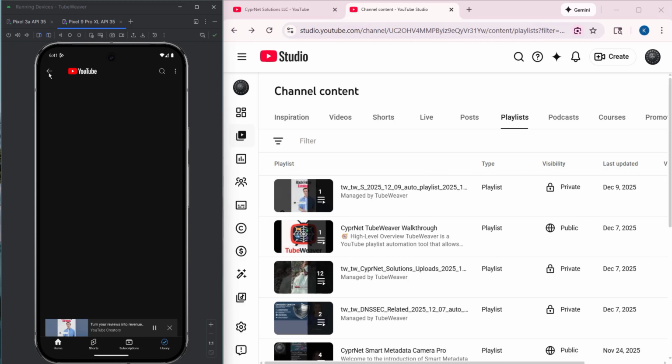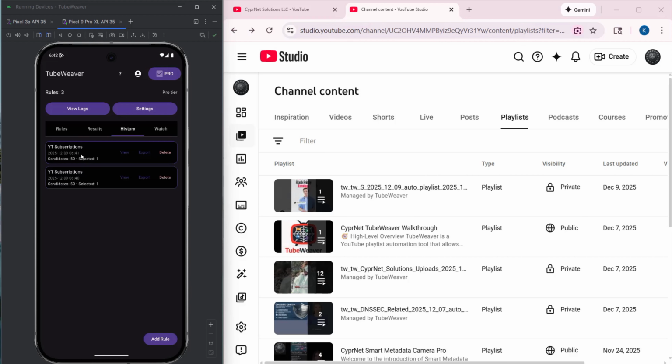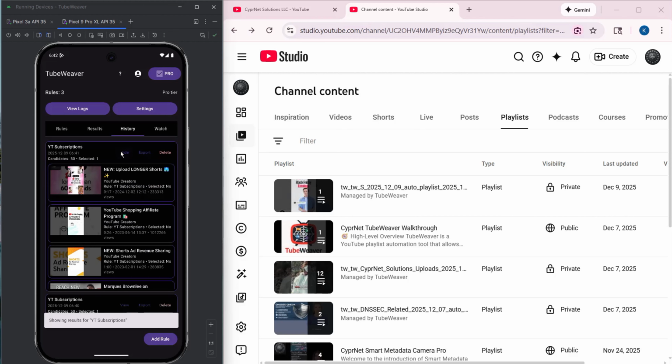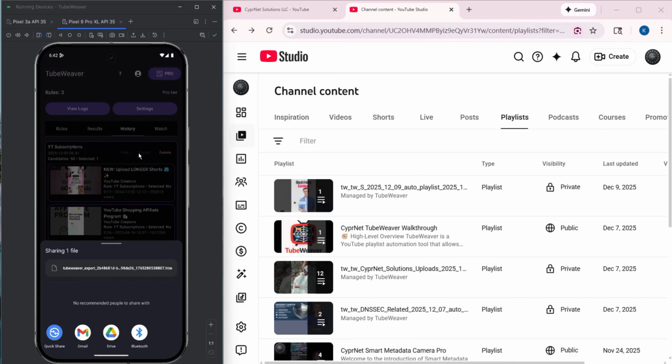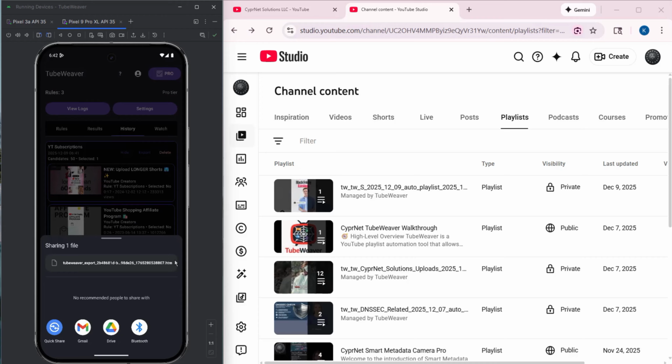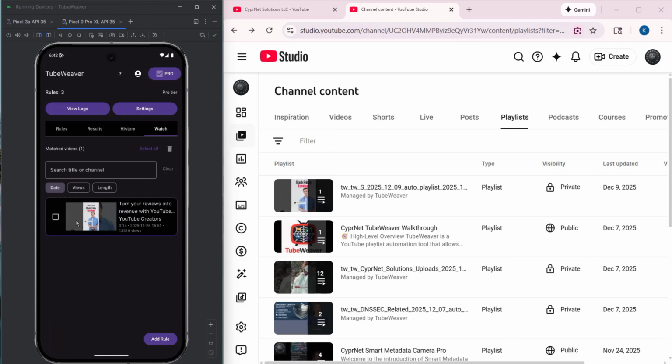We maintain a history of found channel IDs that the user can interact with without requerying the API. This list gives a view, which generates a list of the videos found by the rule, and can also be exported to an HTML page and list where the user can interact with the video links and open YouTube directly from the report. The Watch tab shows the current run videos that the user can click on to interact with